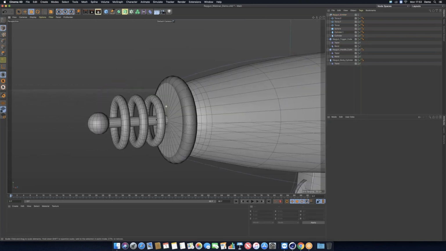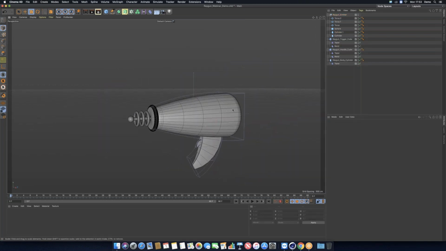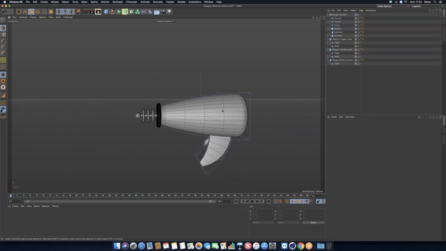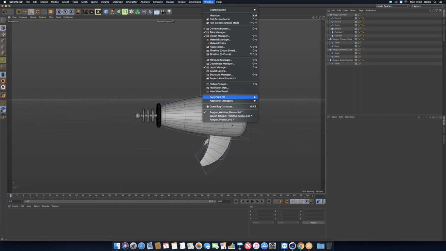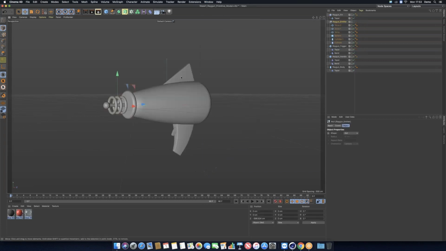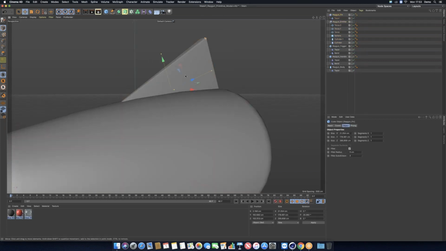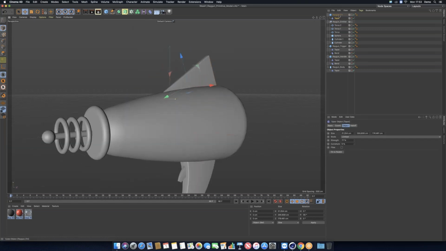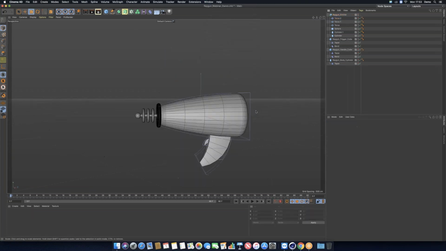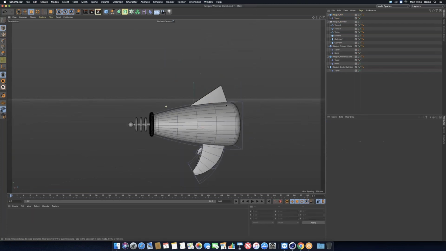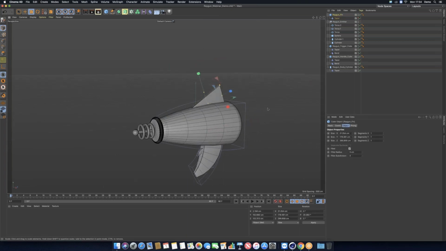Okay, I'm aware that we have 7 minutes left. So I guess the final part of our model is our fin. What I've done with this is simply a cube with a taper, and it's been rotated. So if I just copy it, I'm cheating now. And then that is